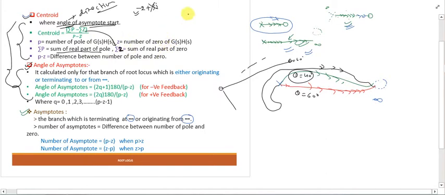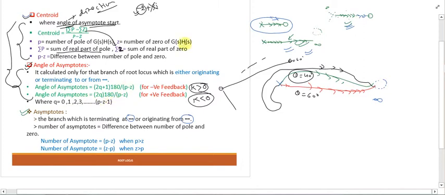Sum of real part of 0 means we only consider the real part here, and p minus z is the number of poles and number of zeros of our transfer function. Similarly, for the angle of asymptotes, for positive feedback or negative feedback, k greater than 0 and k less than 0, these are the angles of asymptotes, where q is 0, 1, 2, 3, 4 and goes like p